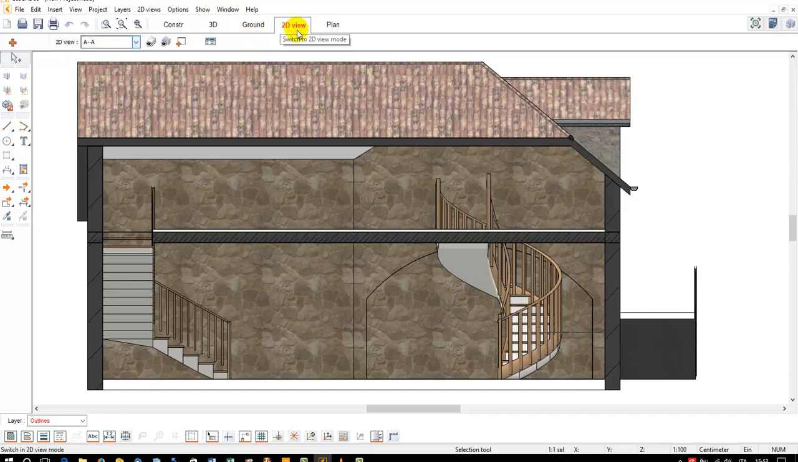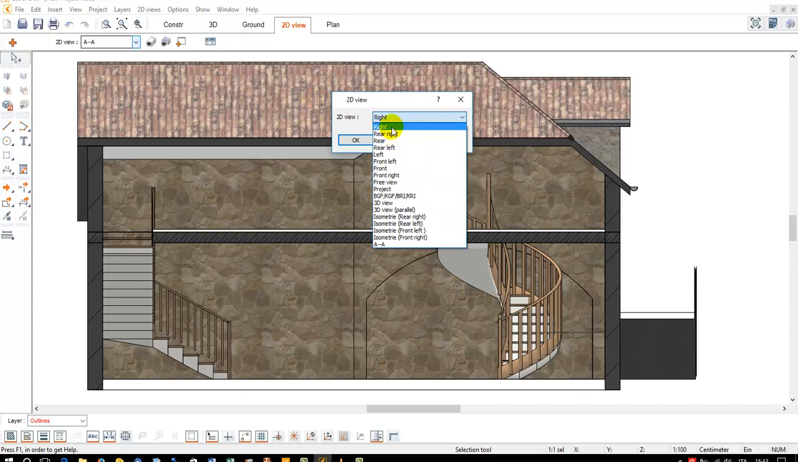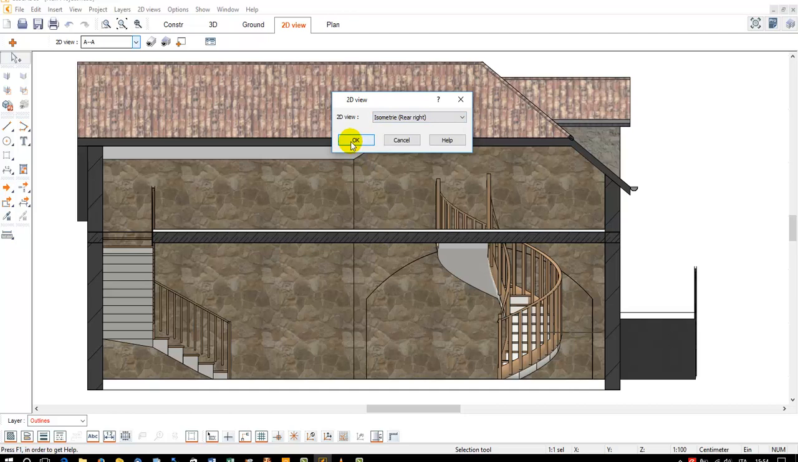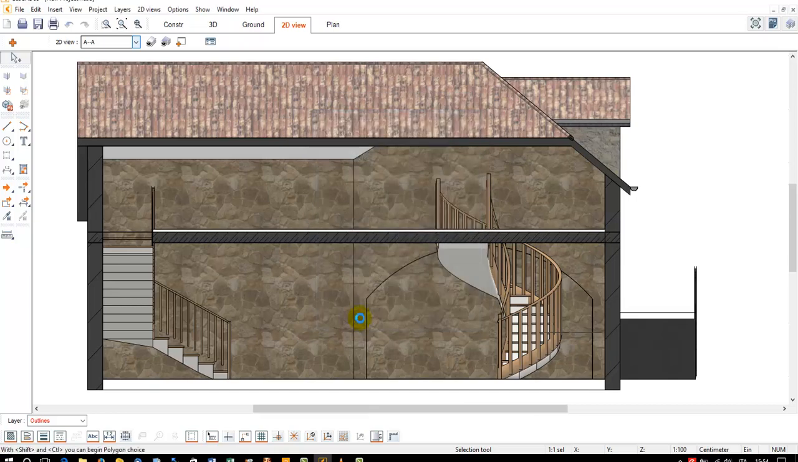In this part of the program, the 2D view mode, you can have as many 2D view modes as you want. You can have the front side, the right side, the left side, and so on. The project view is the floor plan, the top view. Or you can also have the 3D view or the isometric view. I select to have the isometric view. It's like a perspective view, similar. We can have the color in this way,